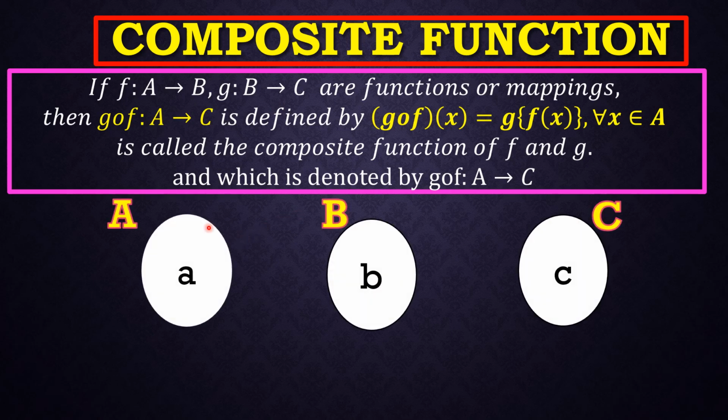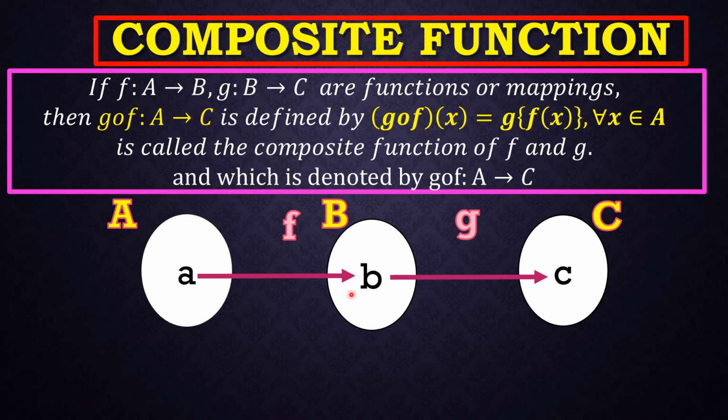And here we can take one example. So this is set A, and a belongs to the set A, this is set B, b belongs to the set B, and this is set C, c belongs to the set C. Now here we define one function, that is f is a mapping from A to B. Since f is a function, a is associated with b in the codomain set B. And similarly, between B and C, we define one mapping, that is g is a mapping from B to C. So here b is associated with c in the codomain set C.